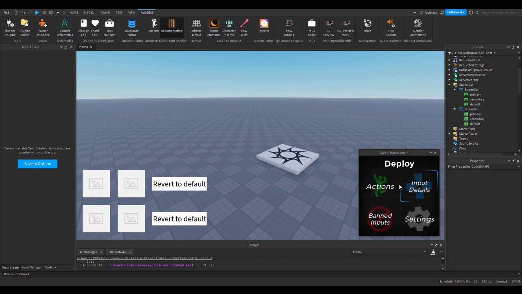So that's input details. You get to customize stuff. Pretty cool. Very good for adaptive UI design. And right, so next up is the settings menu. We've got two settings at the time of recording. So we have auto server updates. Basically, if this is true, the system will automatically update any changes you make to